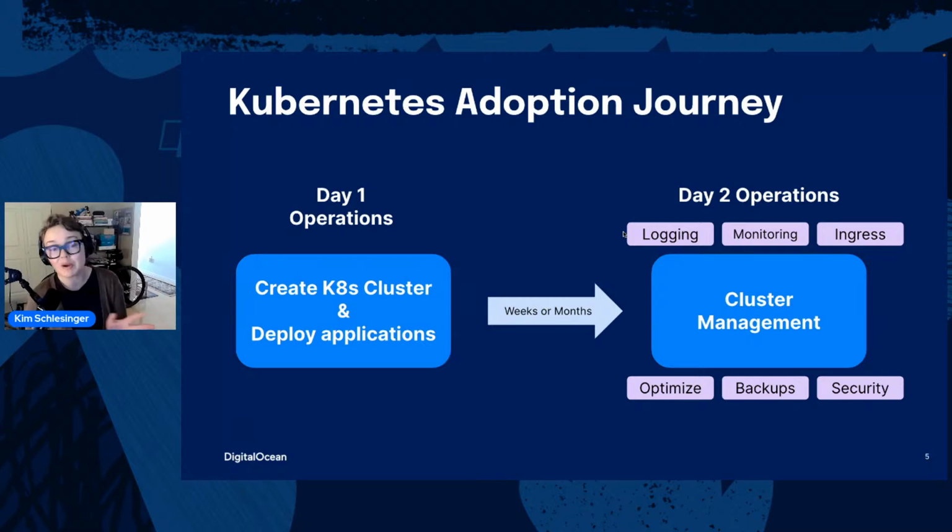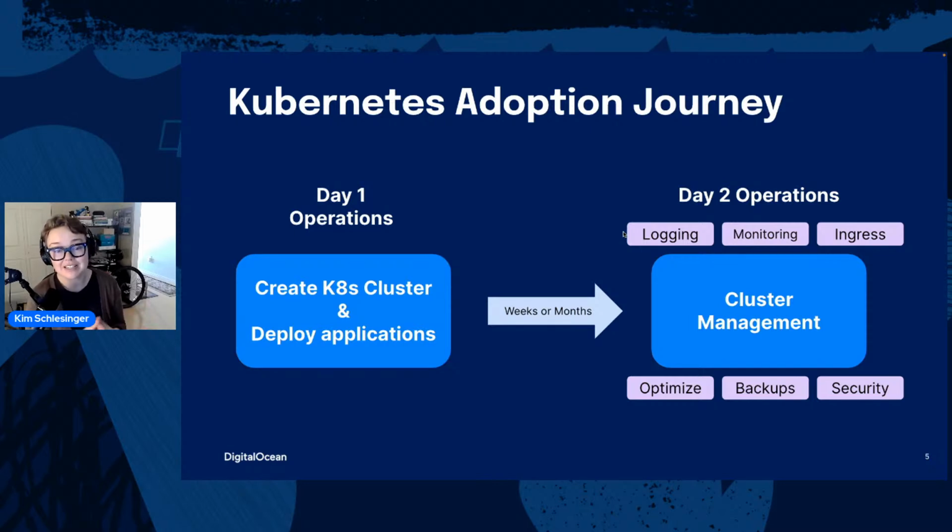And then the next part of the Kubernetes journey is a big leap, and it can take a lot of time. And we call that day two operations. And that's where you have a stable cluster up and running. You've got something deployed in your Kubernetes cluster, but now you want to make that cluster production ready. You want to have traffic from the internet coming into your cluster, and you want it to be safe and reliable. And so we call that day two operations.